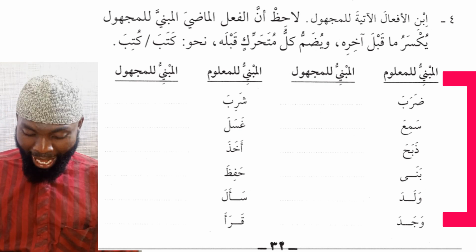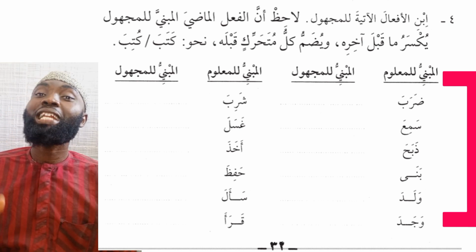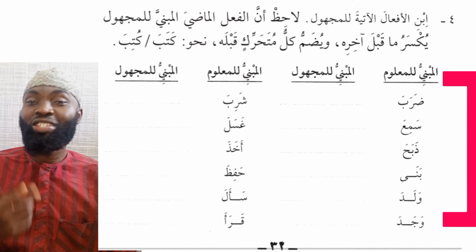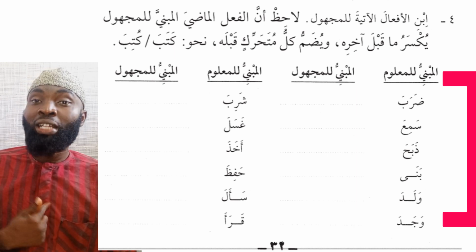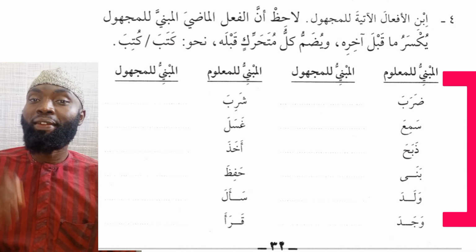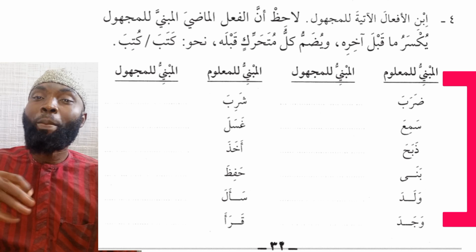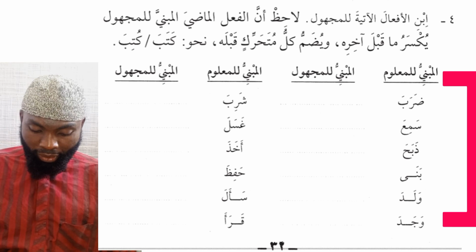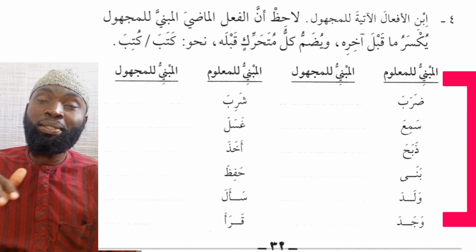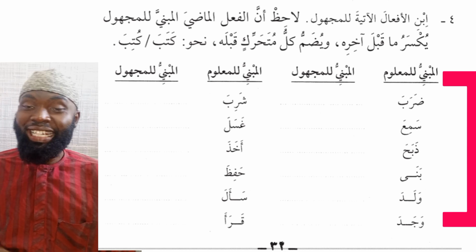So buniya. Then we have walada, he gave birth. Then it becomes ulida. That's why I can say ulidtu 'am arba'in wa tis'in wa tis'imi'a wa alf. I was born in 1994. So when I say ulidtu, it means I was born. So walada, ulida. Then we have wajada,